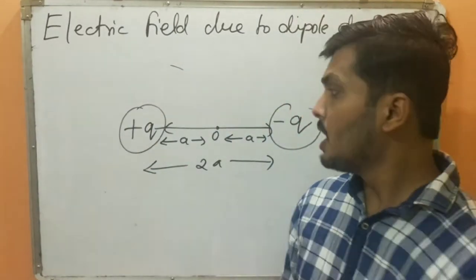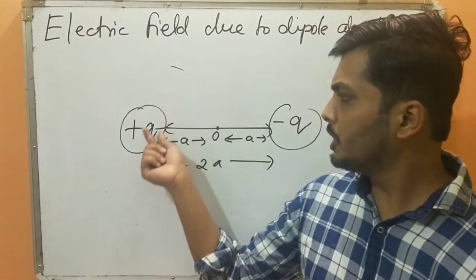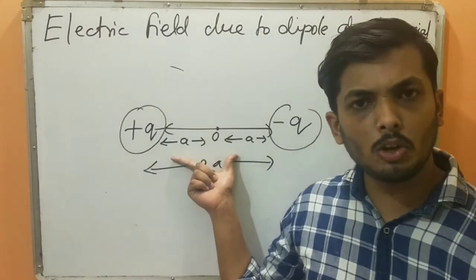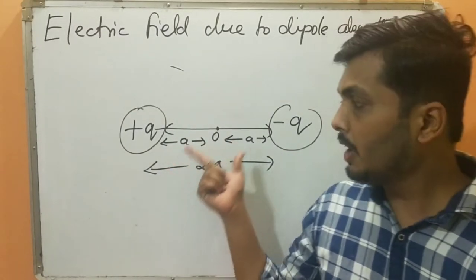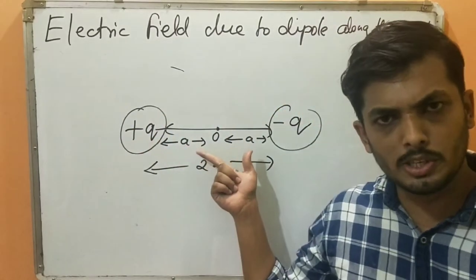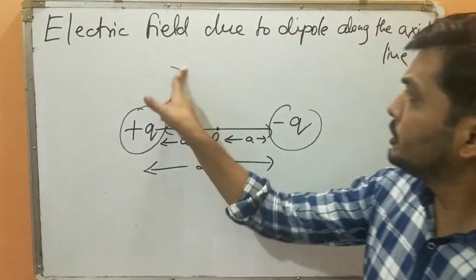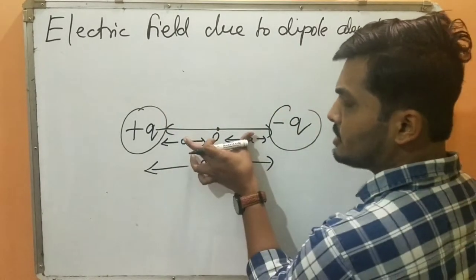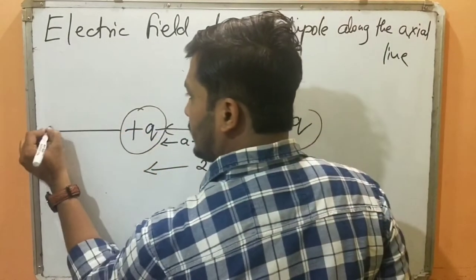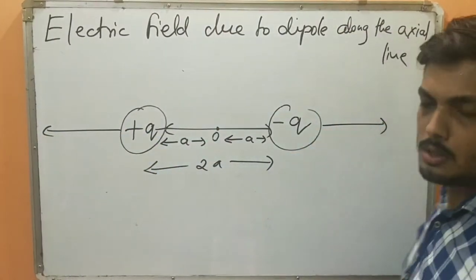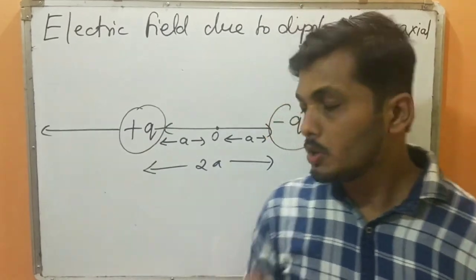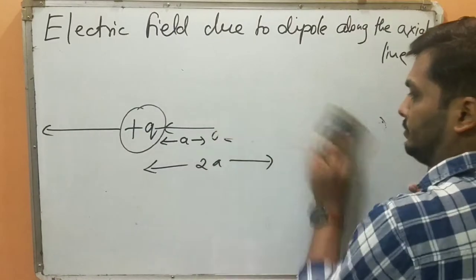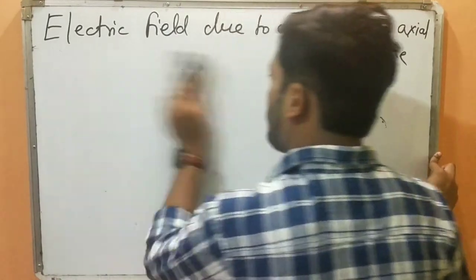That is quite obvious. In earlier classes we had studied the electric field due to one charge, but now we have a set of charges which is known as electric dipole, and we are interested to find the electric field due to this dipole. Here they have mentioned in this derivation electric field due to dipole along the axial line. So which is the axis? This is the dipole axis. So along either this axis or this axis, that we are going to find out today. The derivation will be of 5 marks. So I'll draw it properly.